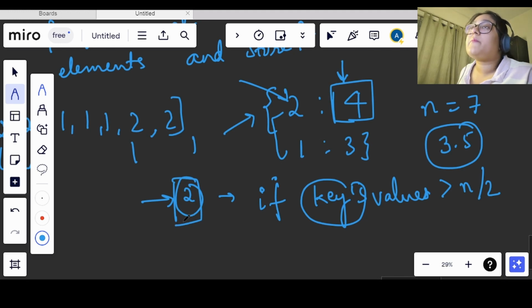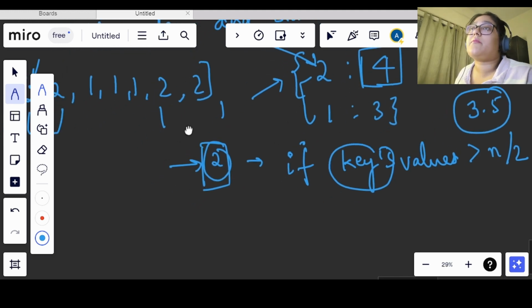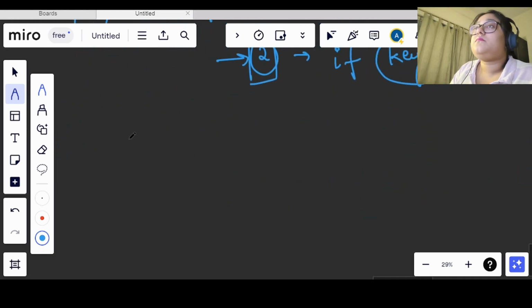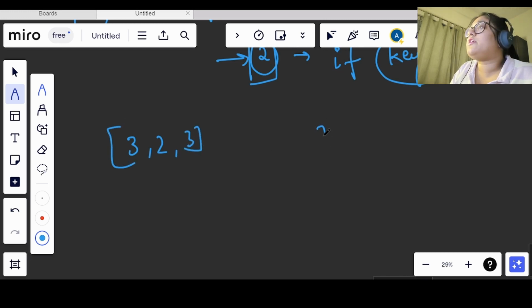In the same way, let's take one more example: 3, 2 and 3. So 2 is occurring one time, 3 is occurring 2 times. We will iterate on these keys and check whether the value that 2 is storing is greater than n by 2 or not.